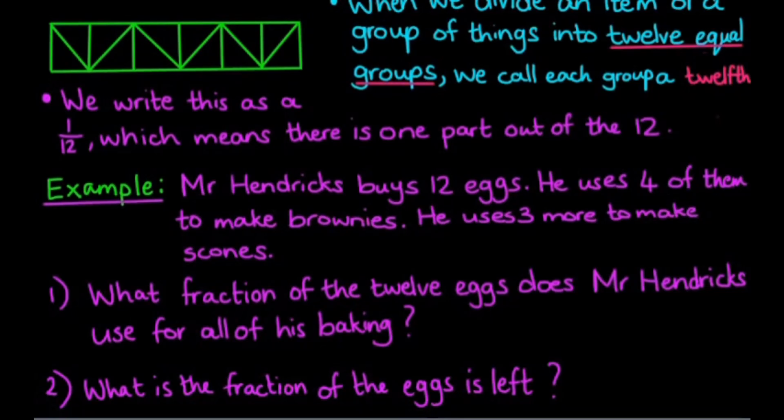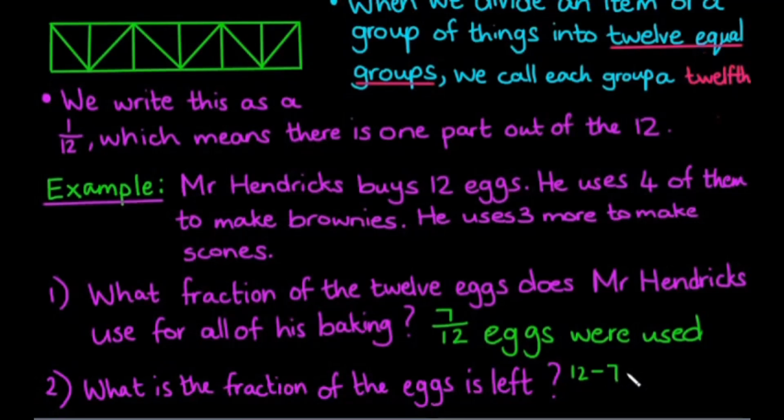The first question asks us what fraction of the 12 eggs does Mr. Hendricks use for all of his baking. So if we add what he used to make the brownies and what he used to make the scones, 7/12 of his eggs were used. The last question asks us what fraction of the eggs are left. If we know that there were 12 eggs and I've used 7, this means that I have 5 eggs left, meaning that my fraction over here is